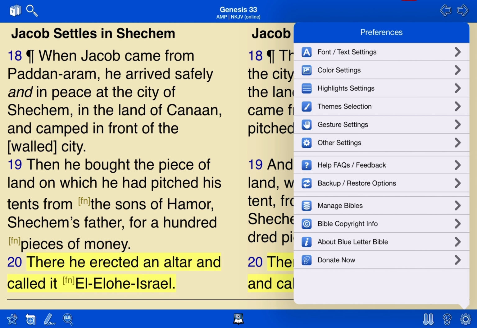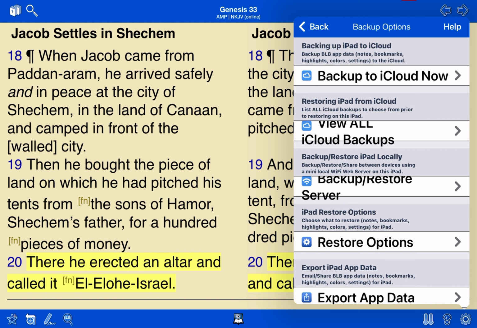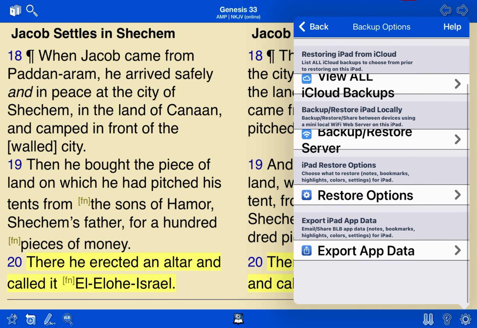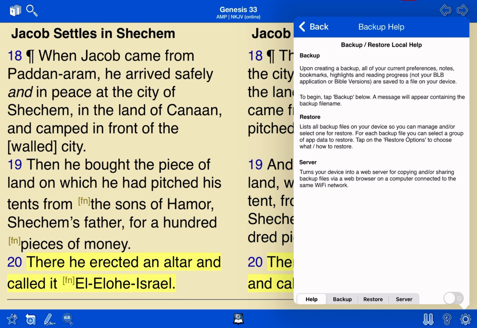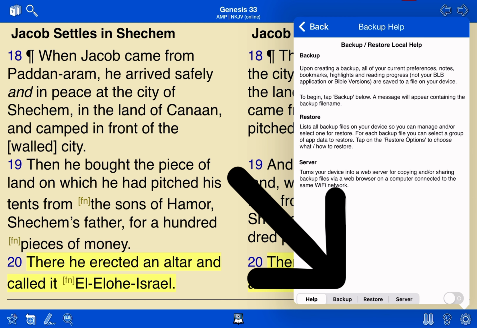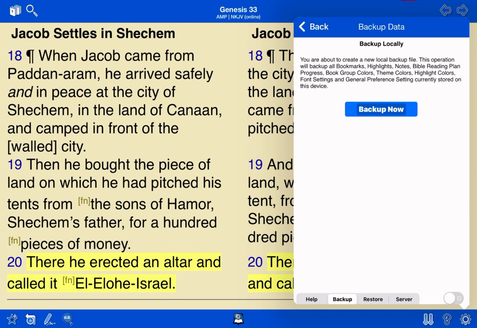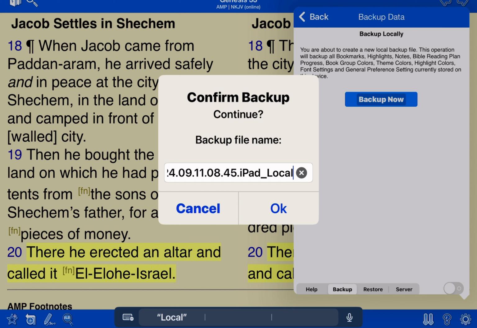Okay, and if you scroll through this menu, you'll see backup and restore options. So you now have the option to back up to different things. I'm going to go to the third one where it says backup or restore server. Okay, so I'm going to tap this, and then at the very bottom you'll see these tabs: help, backup, restore server. So I'm going to go to backup, and I'm going to say backup now, and I want to make sure it says,